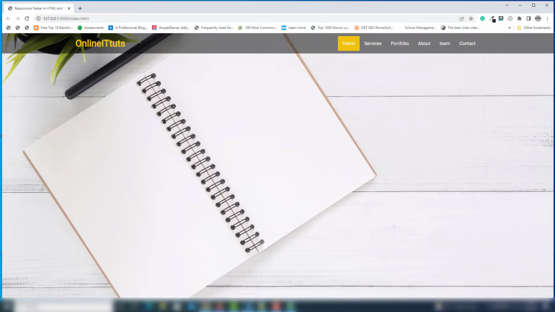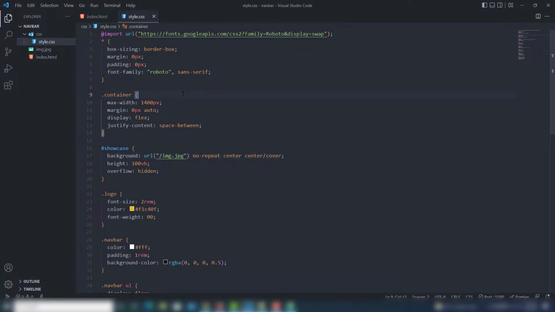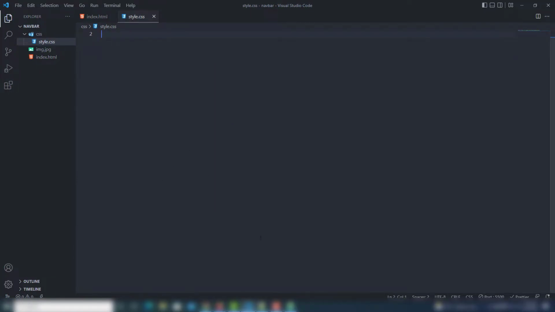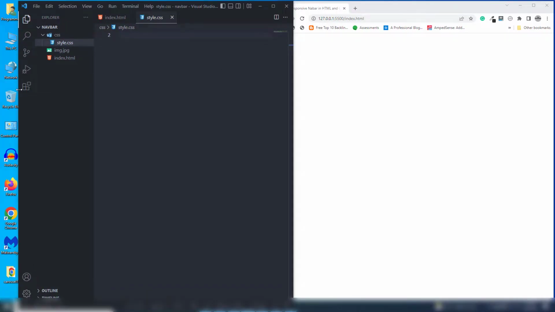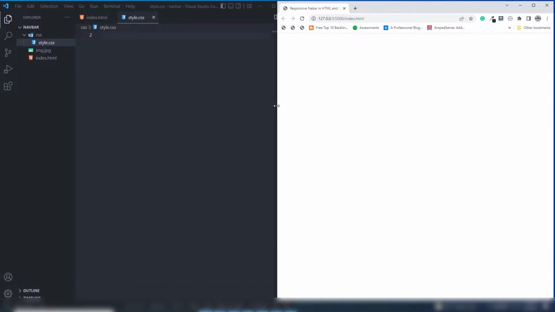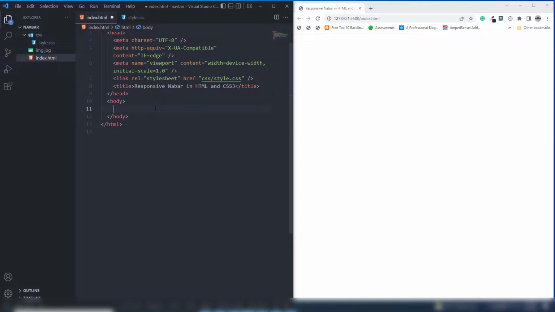So I go to my code editor and I'm going to remove this one code from there, and also I use this one code. So save. You can't see anything else on the page, right? So I'm going to decrease the size of the browser and also my code editor, then you will able to see everything clear on there, right? So the first thing we need to design